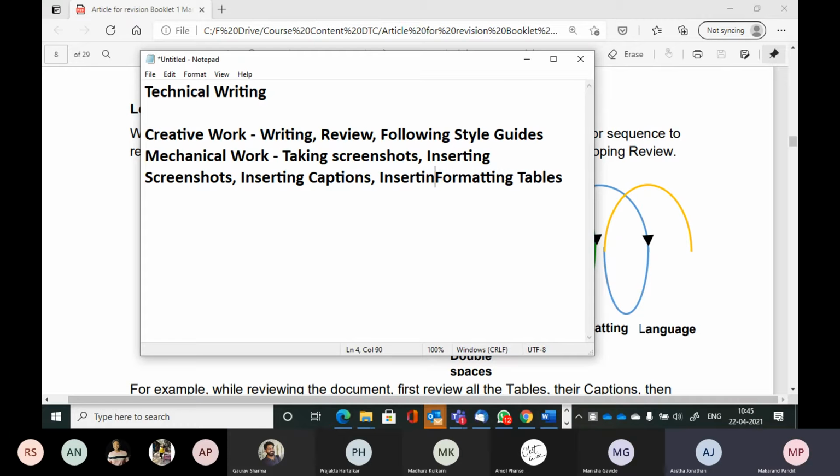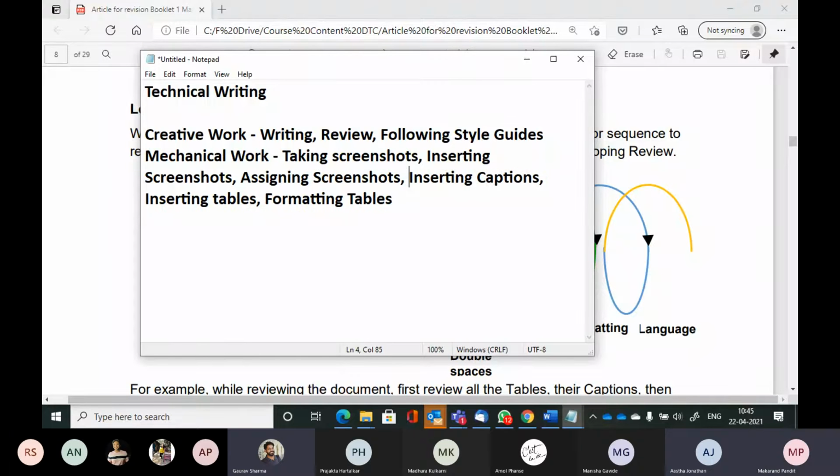Maybe inserting tables before formatting them. Then what? Inserting header, footer, maybe assigning screenshots.